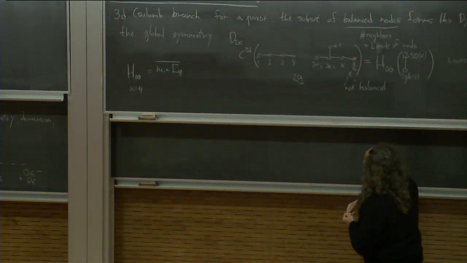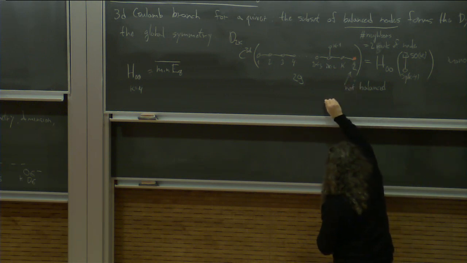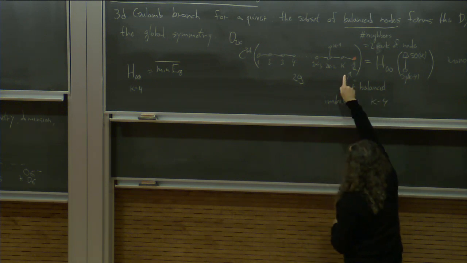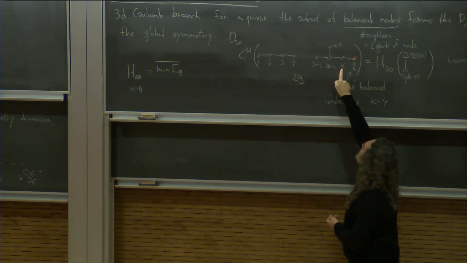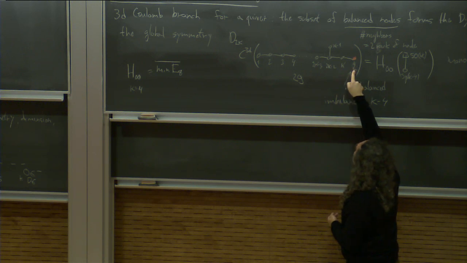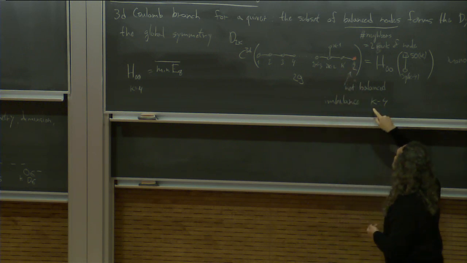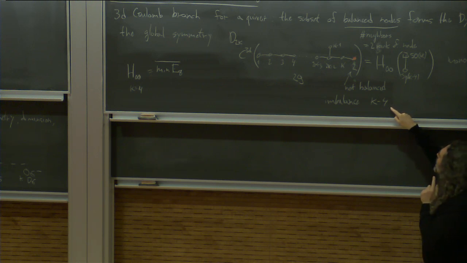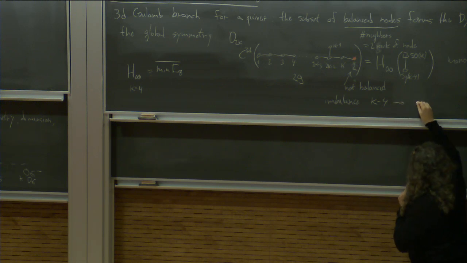What about this imbalance? The imbalance here is k minus 4. It's just the number of flavors. The number of neighbors is k, and I subtract twice 2. So it's proportional to k minus 4. For k equals 4, we saw that the node is balanced. For k higher than 4, it's not balanced anymore. Okay? And so this imbalance leads